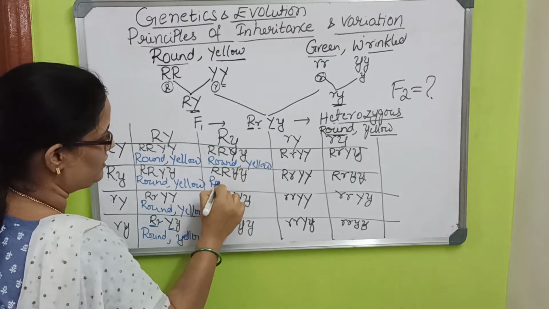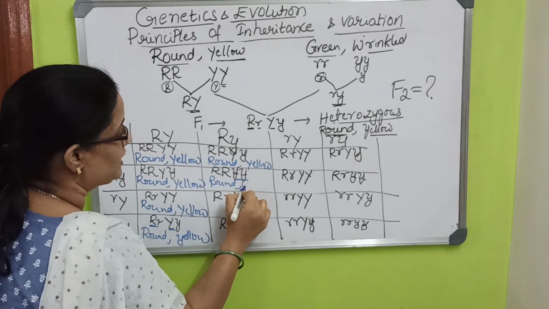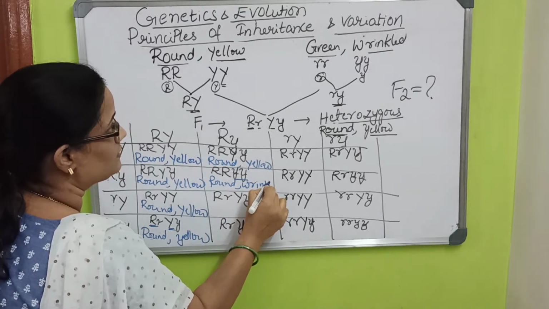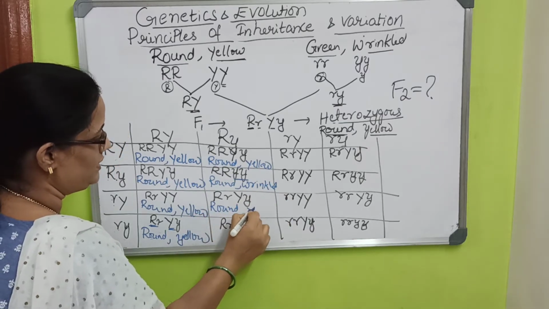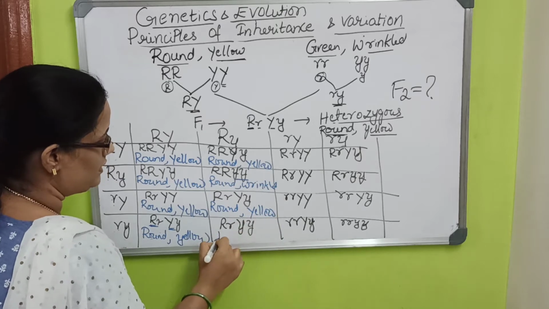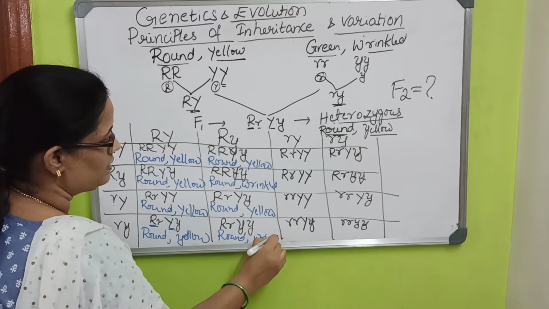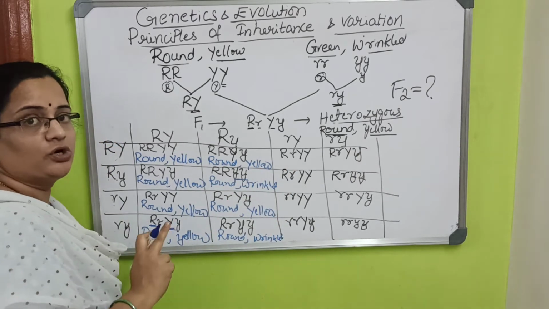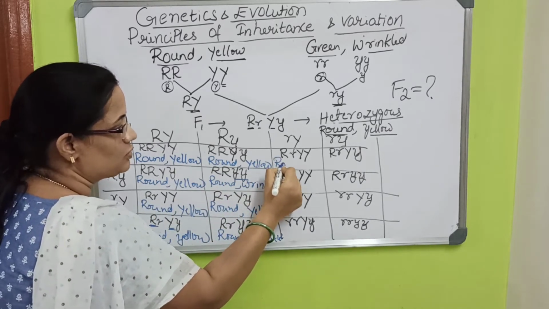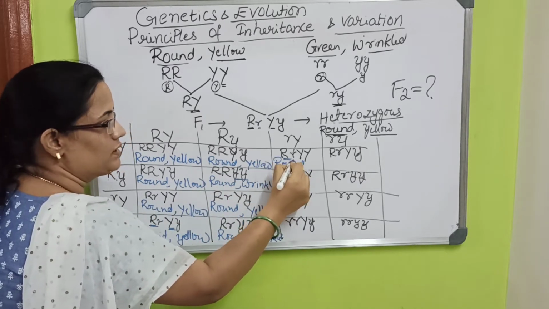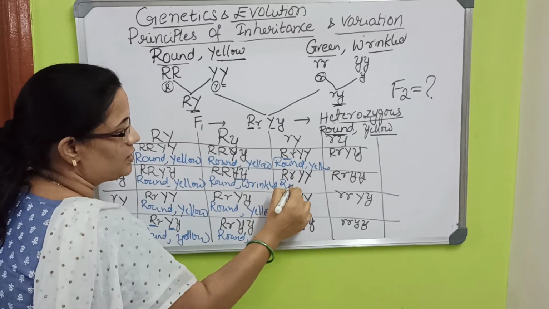Here round, the first character, has come, but small y's, because of that it is wrinkled. So here also round and again yellow. Here round and wrinkled. Carefully see, write like that. When you are forming this in the exam, you have to do the diagram like this. The diagram again has round and yellow only, many. So a total of 9 might come round and yellow,